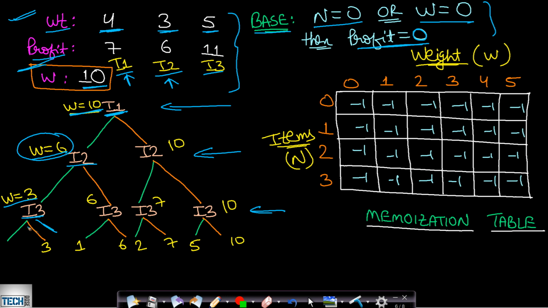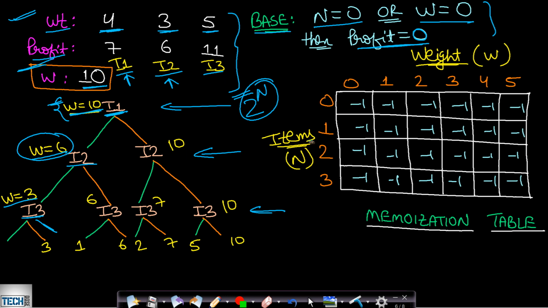Like that you will have to perform all possibilities, and this will take exponential time as I had explained in my previous video using recursion. Now our goal is to optimize it. Our goal is to apply smart recursion. That is, we need to memoize it. Now how do we store the result? As I had already explained, there are two states on which your maximum profit will depend. It will depend on the capacity of the bag, which is W, and also on the number of items.